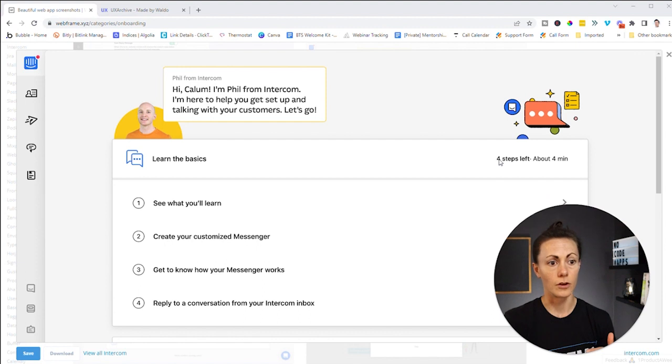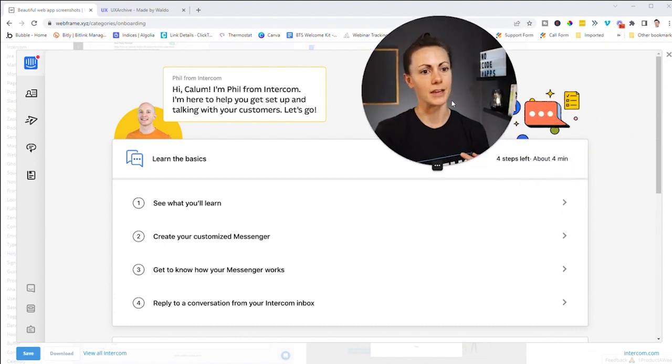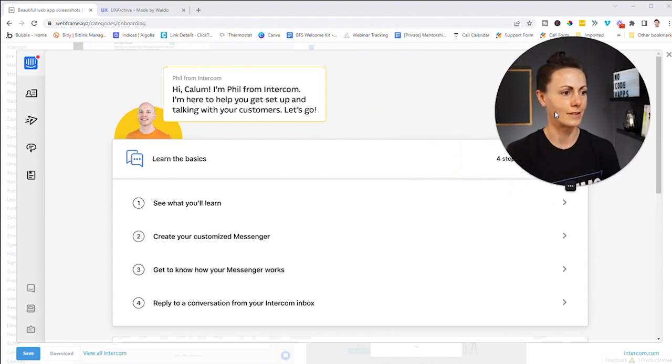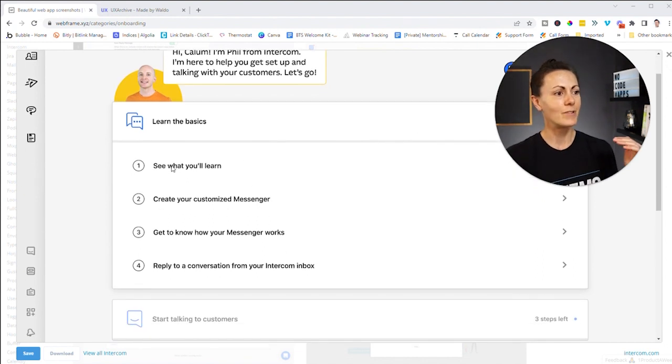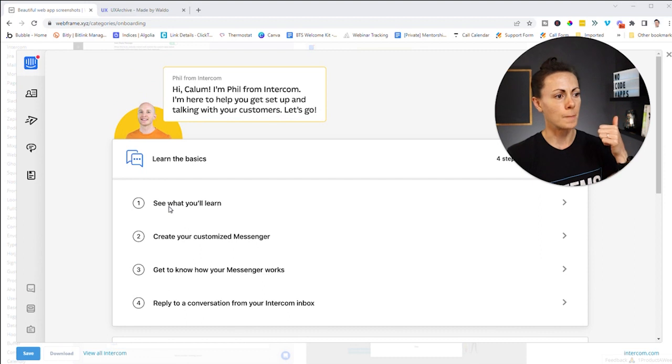Let me move this. Okay, first thing, we have the number of steps, right? So we're reducing the amount of thinking here. We even have a time estimation. This is only going to take you 4 minutes, okay? So this is like a commercial break and you're going to have your chat widget set up. And then we have the steps for seeing what you learned. So there's an overview here, creating your messenger, getting to know how the messenger works, and now look, replying to a conversation from your